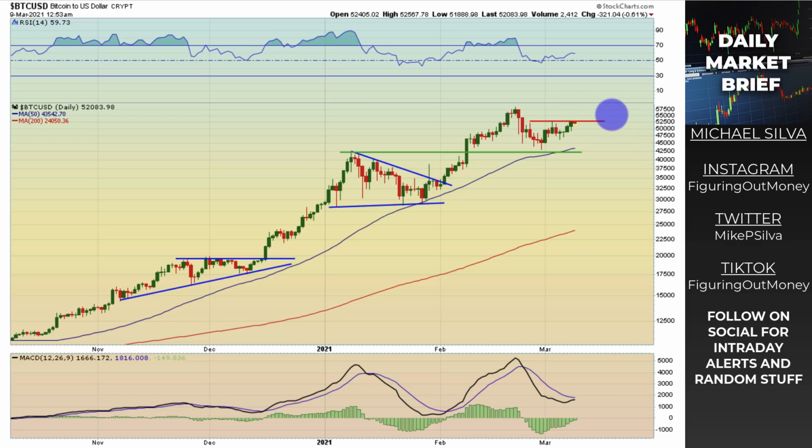So this little setup right here could be just a really solid move to send Bitcoin, even potentially to make all-time highs, which we've seen: a low here, a higher low and a higher low, a higher high. This could be the start of a potential move, even more aggressive to make another higher high. So keep an eye out for that because it does look like a good setup, unless it obviously breaks down through this 42.5 and puts in a lower low and obviously then a lower high. That would suggest the trend potentially could be shifting short term here.